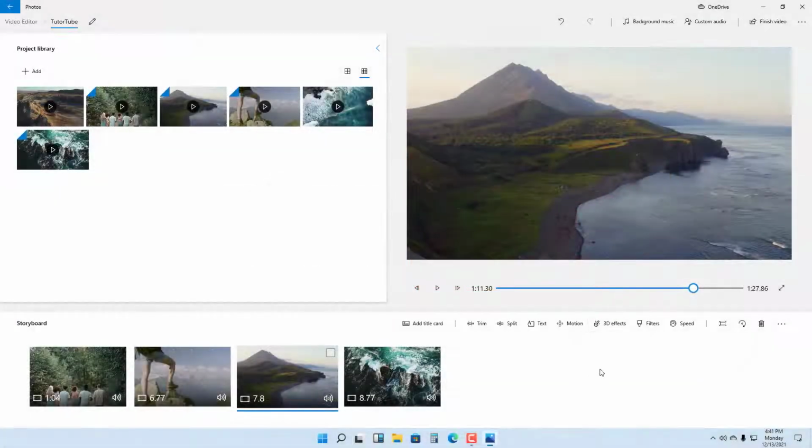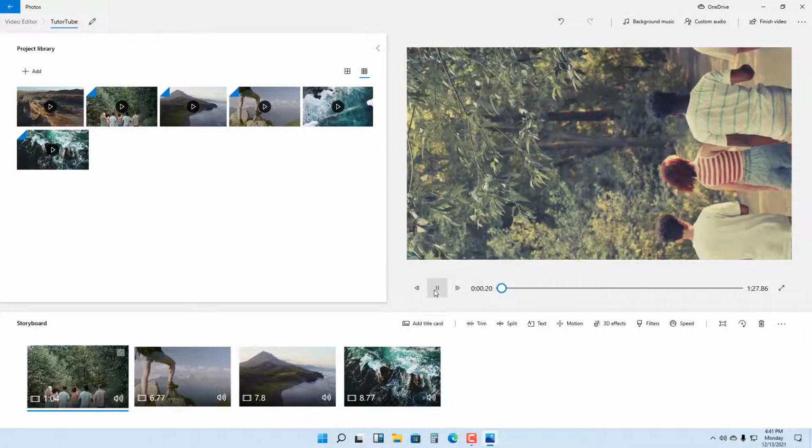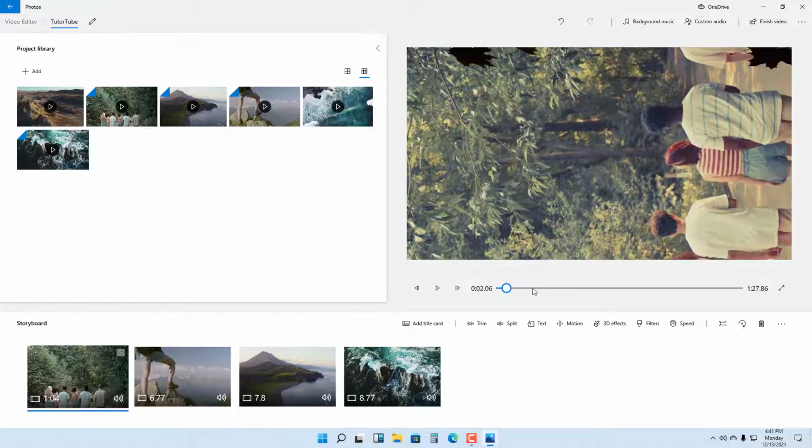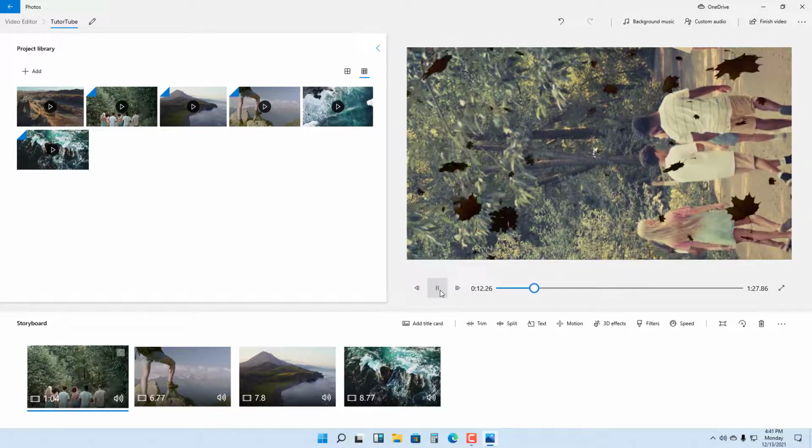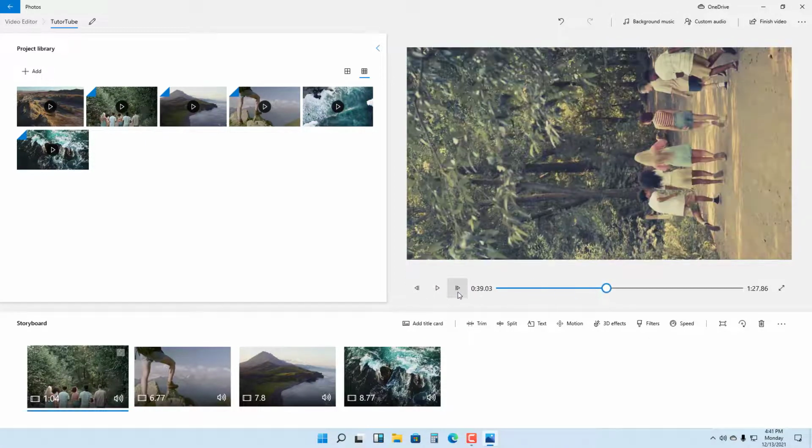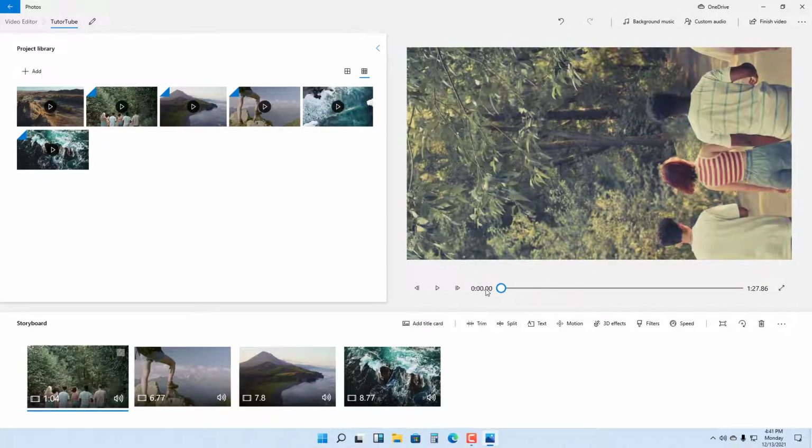So over here you can see that I have some video clips, and if I were to go around and press the play button, you can see that this is what I have. So there's the video right here, and there are certain edits applied to it. But if you really want to view a good preview of the video, then what you can do is